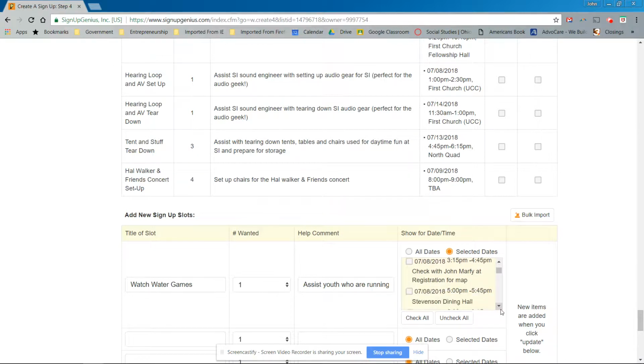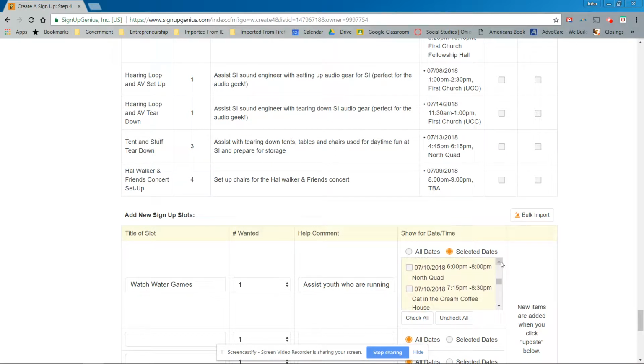7/9. And so this is what I was telling you, that it can be kind of heavy duty. A lot of stuff goes on in the background with Sign Up Genius, and this is really where the most complicated part is of doing Sign Up Genius. So as you can see, we do not have an early afternoon slot set up, which I thought I did,